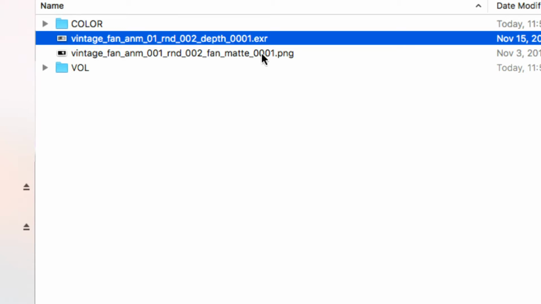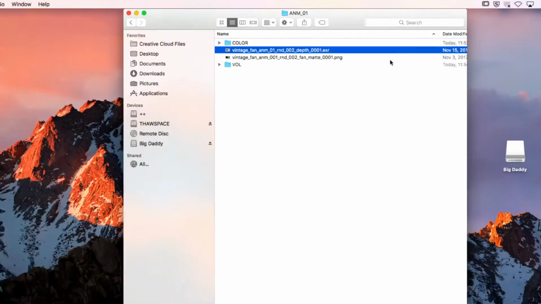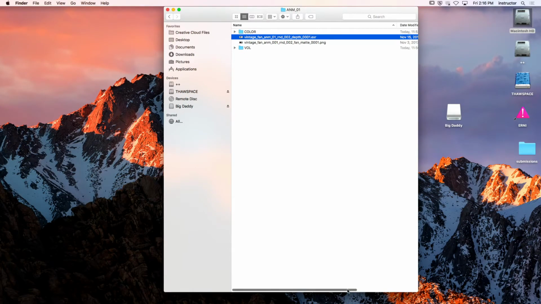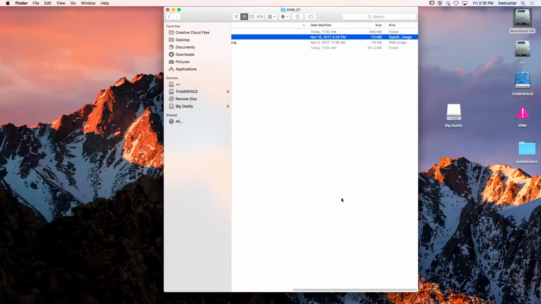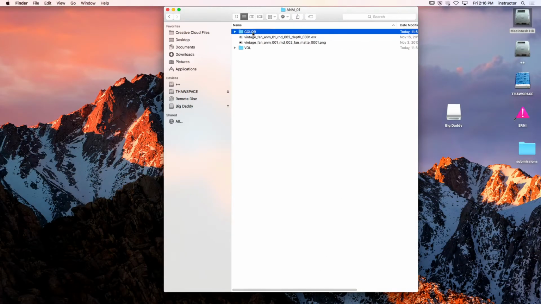If I scroll over, do I have my size in here? Yeah, that one file is 7.5 megabytes in size. I have 264 files per pass, and I have 5 passes. So this turns into a 2 gig file pretty fast. Anyways, if we go into the color,